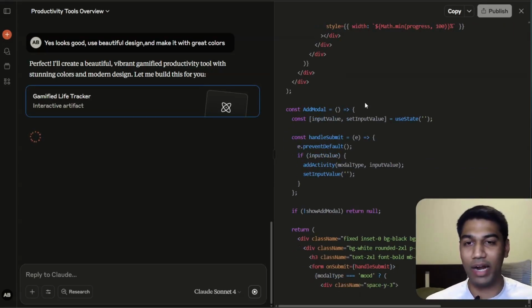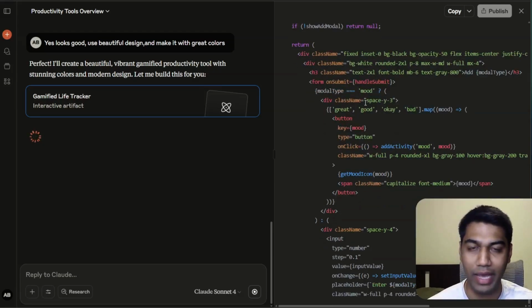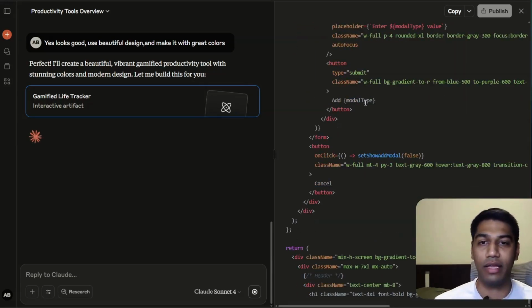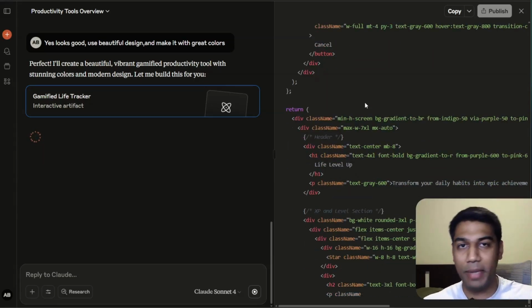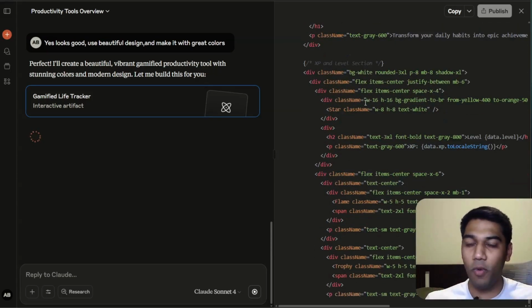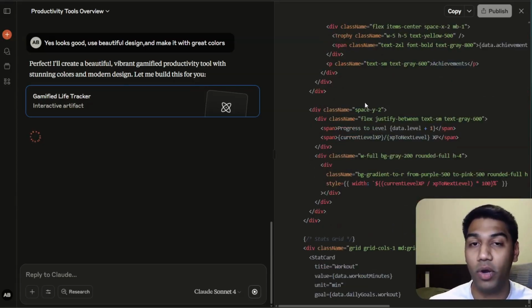Now, here's a cool fact by the time this is building. If you add an AI feature, and we'll try to add an AI feature here, I can share that artifact with any of the Claude users and they can use that AI feature for free. So that means I don't need to pay anything for the additional API tokens or anything, and they can just use it within Claude itself. It kind of becomes like a whole productivity system, and I believe this might take off much higher compared to what GPTs did.